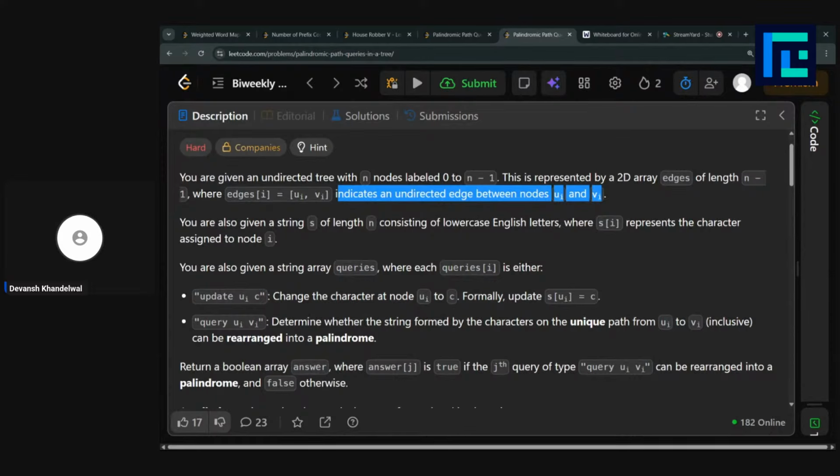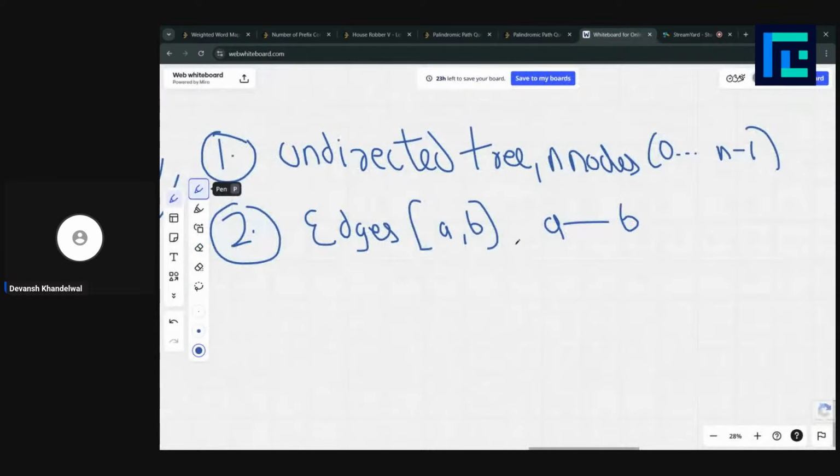And then we are given a string of length n consisting of lowercase English letters, where s[i] represents the character assigned to node i. Got it?